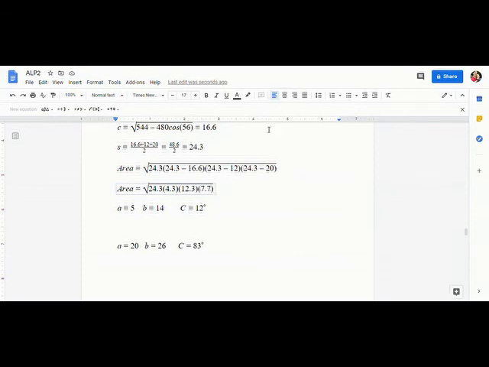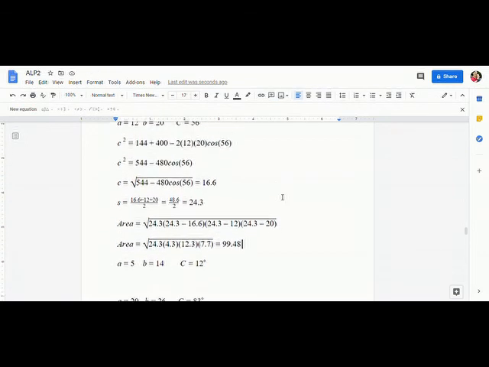And in order to reduce the need for rounding before the final answer, I'm going to multiply these together and take the square root at the same time. And that comes out to 99.48 for our area of this triangle. So just to summarize real quick, we use